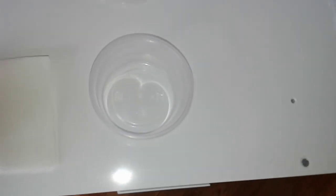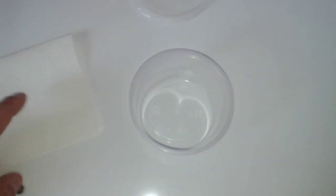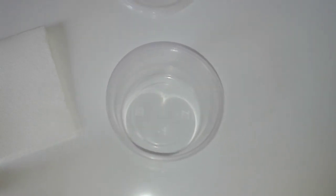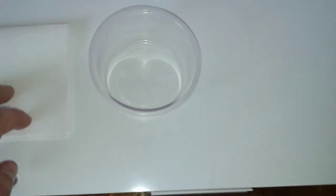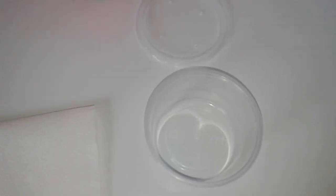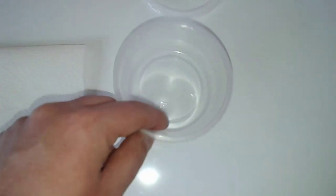And what we're gonna do is put the little baby with the hanging egg yolk inside the deli cup on a moist paper towel, so that it won't be able to move around, and there will still be a lot of moisture inside this little container, so the baby can absorb its egg yolk. We'll put the baby in here for around 48 hours, and if after that it won't absorb the egg yolk, we'll have to cut it. But for now, let's go ahead and prepare the little